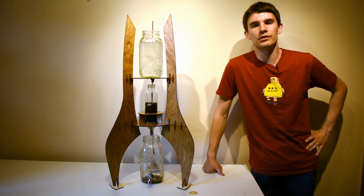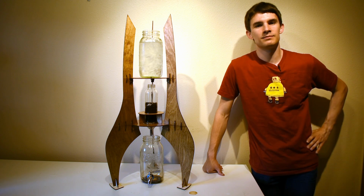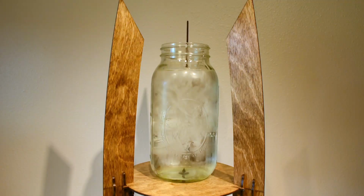Hi, my name is Chris, and today we're going to be making a spaceship-themed cold drip coffee tower. The parts of the tower that are involved in making the cold drip coffee include, at the top, a 64-ounce glass jar which holds the ice water,